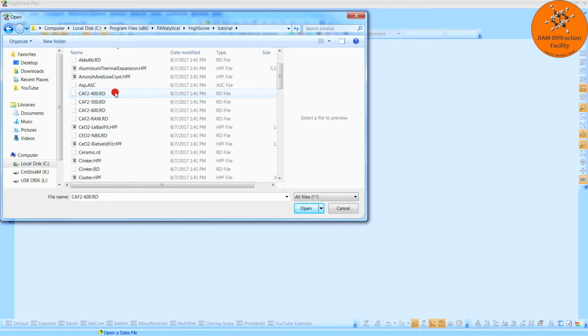For this series of experiments, our samples of interest that we want to analyze are these fluorite samples. I will only work on the raw form, but in order to determine the instrumental broadening, we will use this cerium oxide pattern. So I will double-click,